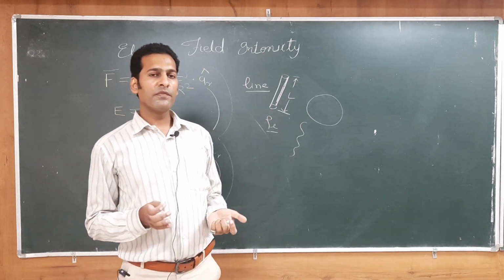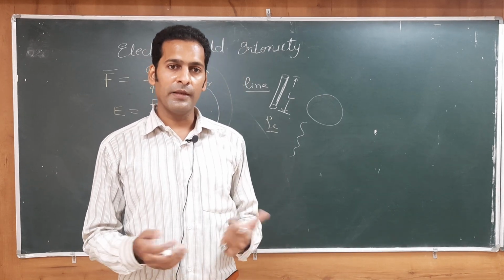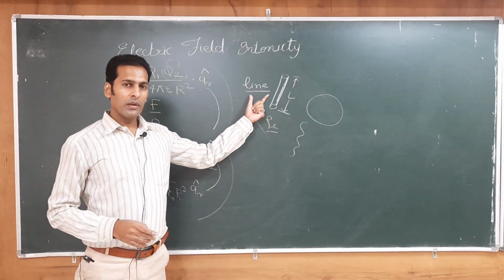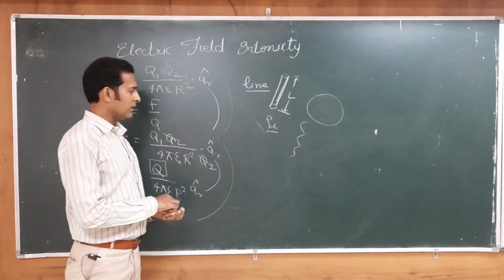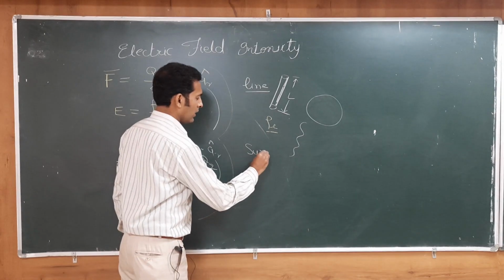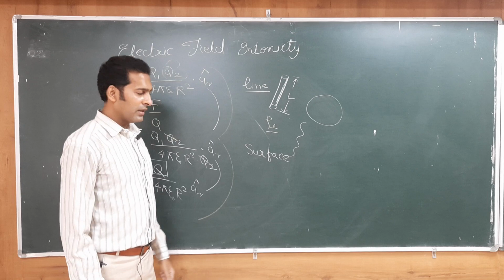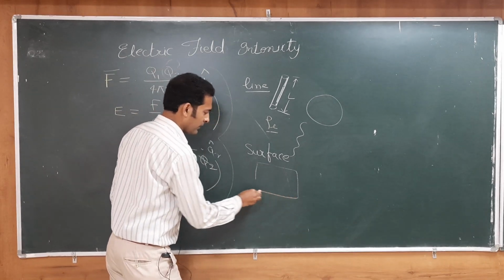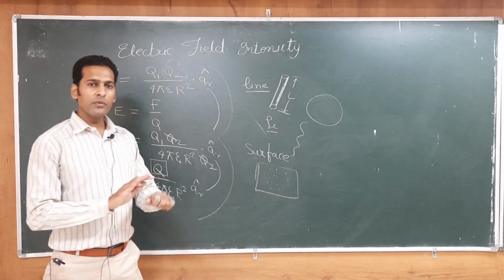Similarly, my surface may be a square shape, triangular shape, a plane, like there may be a printed antenna. So, another possible shape where charges may be present is a surface. So, another case we can have is surface charge density. One possible source is line charge, another possible source is surface. So, there may be some surface on which a number of charges will be distributed.